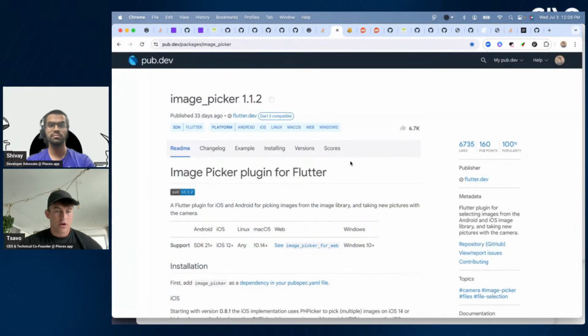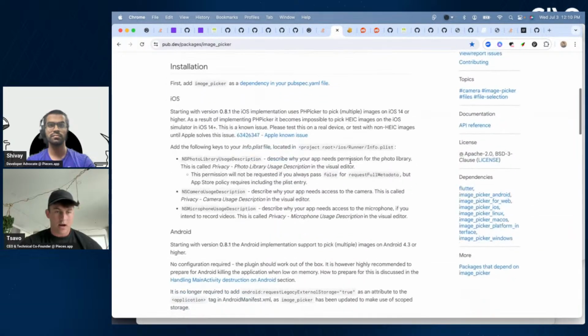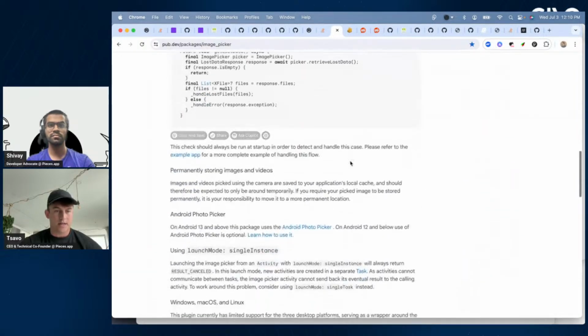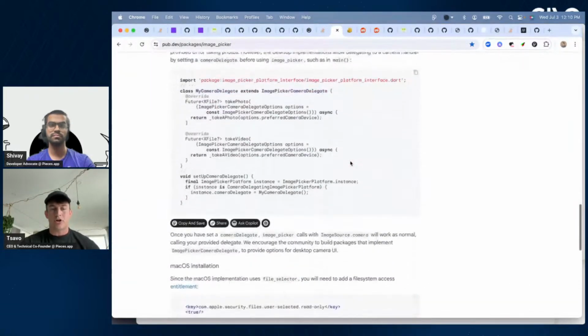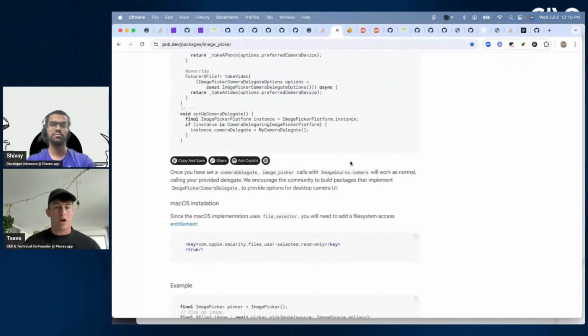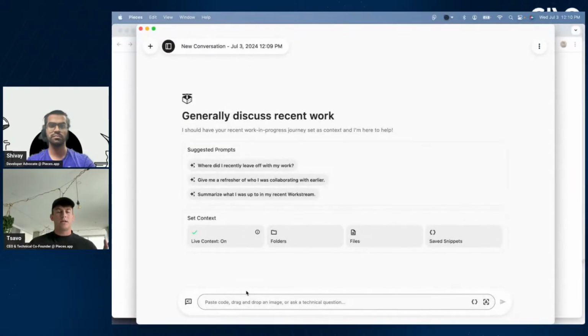We can see, this is just what developers do. They come in, they take a look at platform support. They're like, all right, how do I get started? They look at some code snippets and so on. And maybe you're not noting too much, but you're comparing a couple of different packages that you might want to use for your implementation. So I can jump back to Pieces here, and live context allows me to understand things